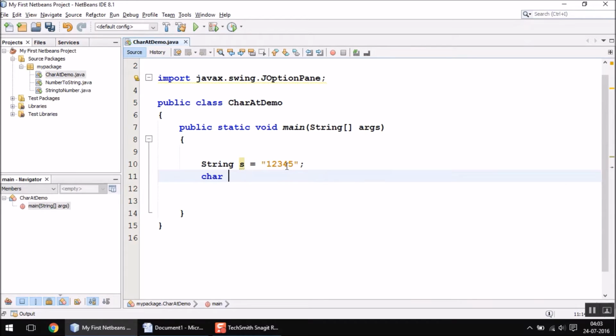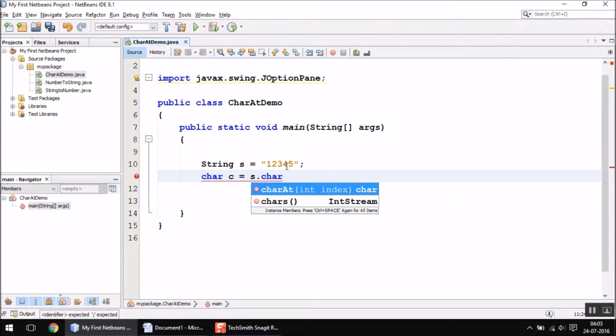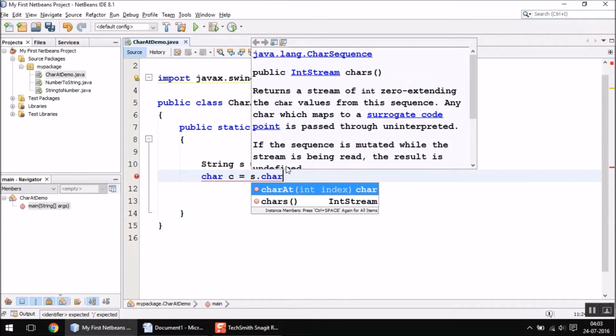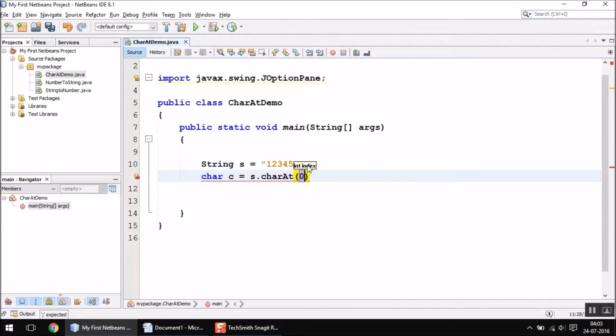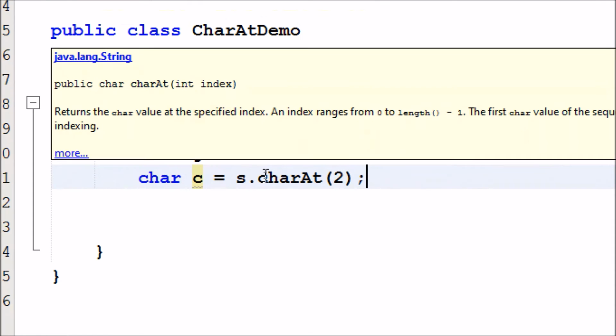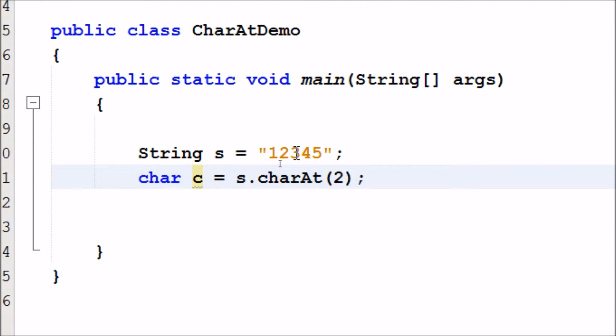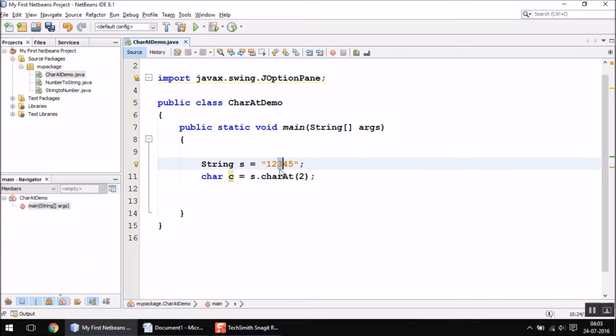So first of all, let me declare a char type variable, and I'm going to get the character from the index 2. So what character should I have in c? It is 3, as 3 is present at index 2.